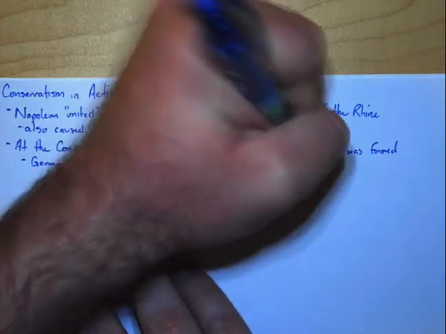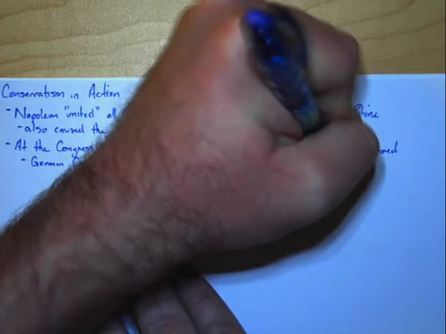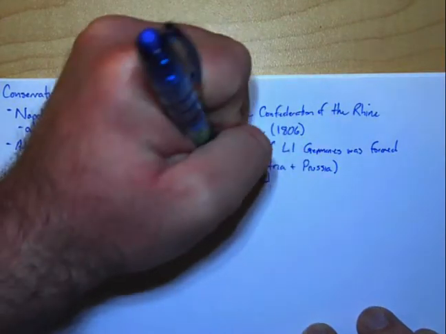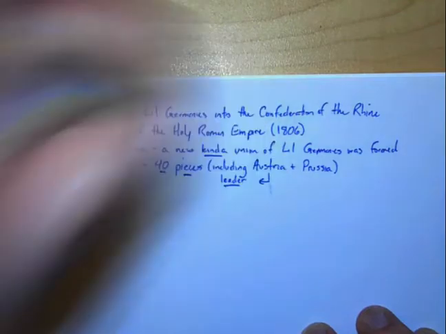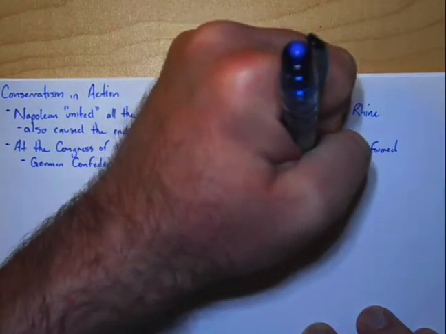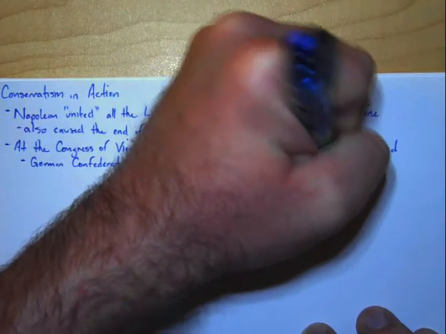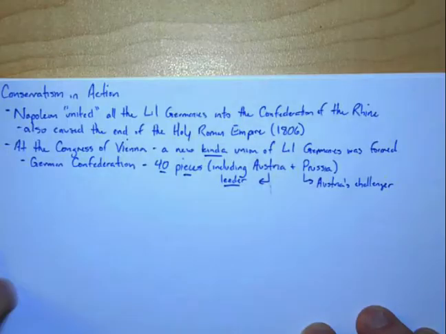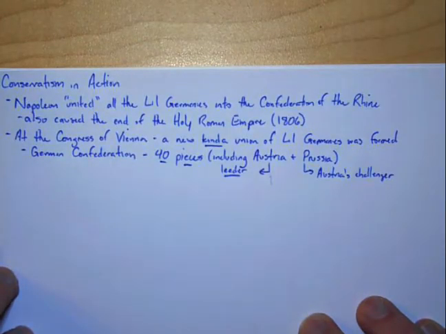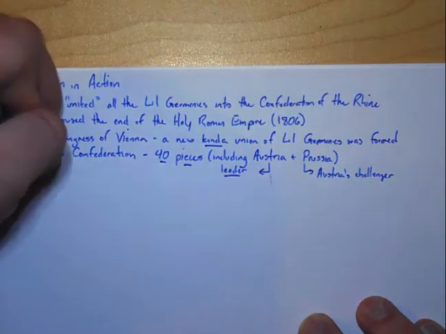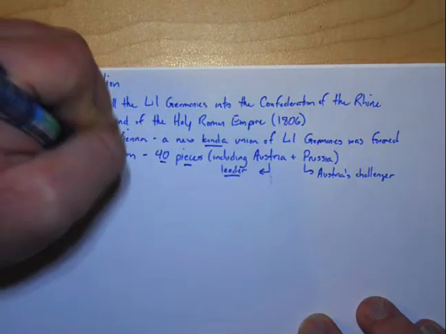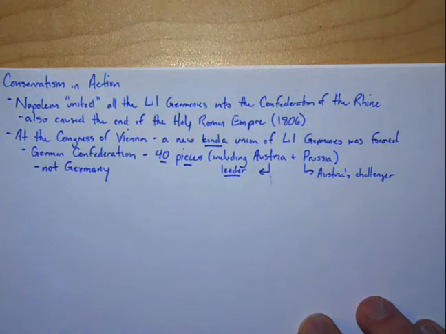It included Austria and Prussia, who were the two big members of the German Confederation. Austria was kind of the unofficial leader. Prussia was Austria's challenger. Now, this is not Germany. That won't happen for a while. So this is not Germany,